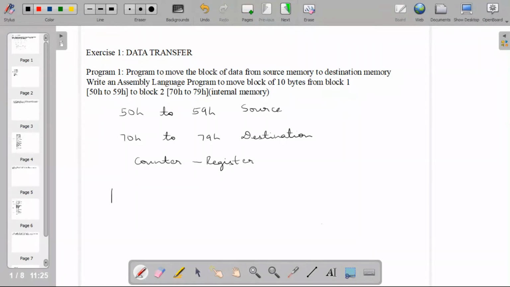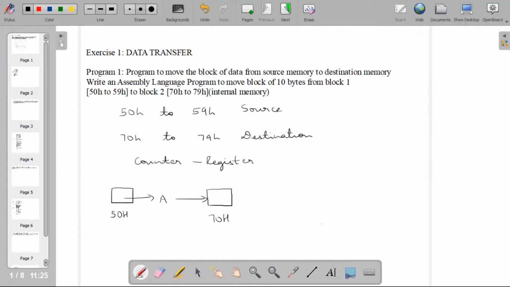First we access the 50H memory location, the data is moved to A, and from A that data is moved to the 70H location. So this is done using registers. Through registers the data is accessed from 50H and copied to A, and from A it is moved to the 70H location. One transfer of data is done.